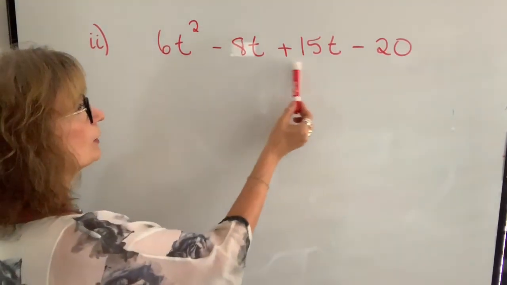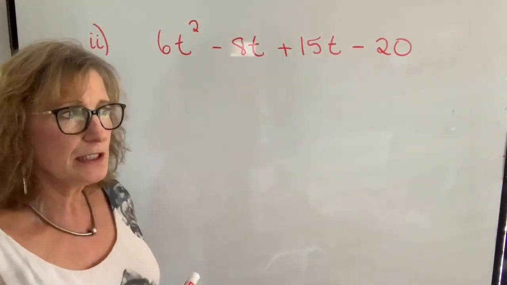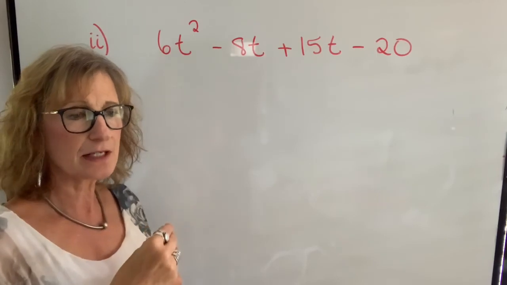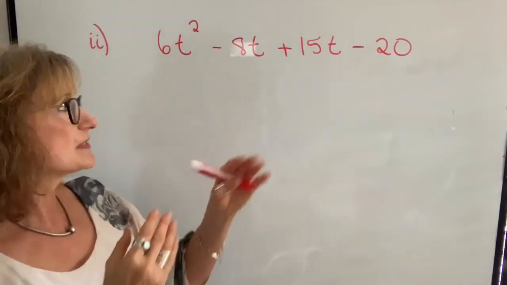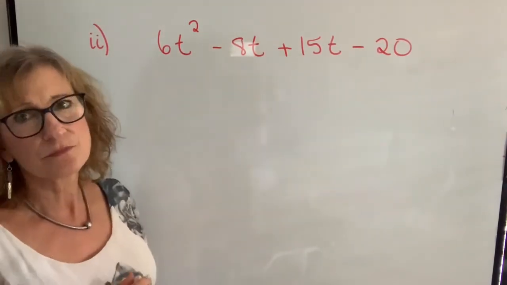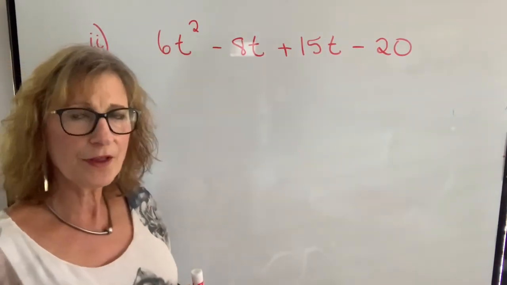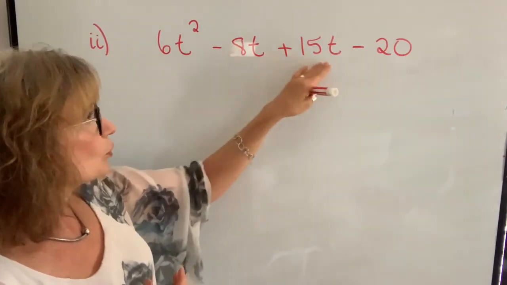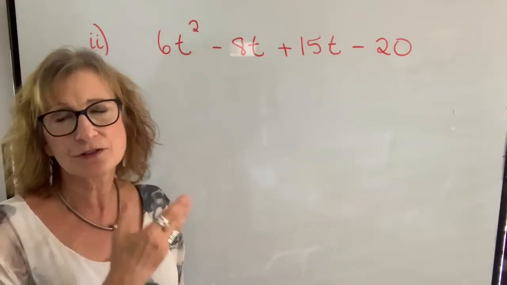And you might think, well, why don't I combine these terms? Because I can combine negative 8t plus 15t. But when I explain the technique for factoring a certain type of trinomial, we're going to break our expressions into this type of expression. So just go with it. Don't worry, don't question why I'm doing it. When it's broken up like this, instead of those two terms combined, it will allow me to factor this expression